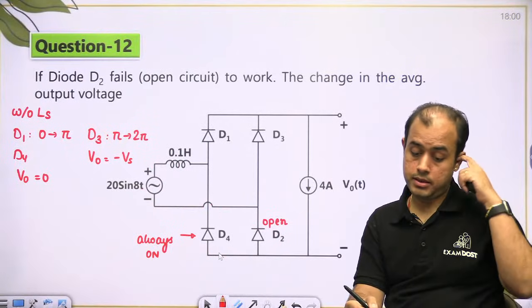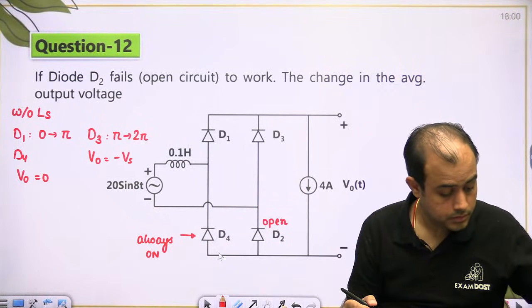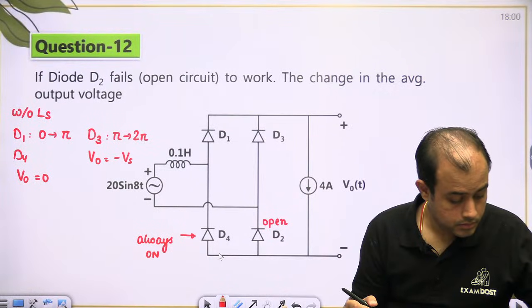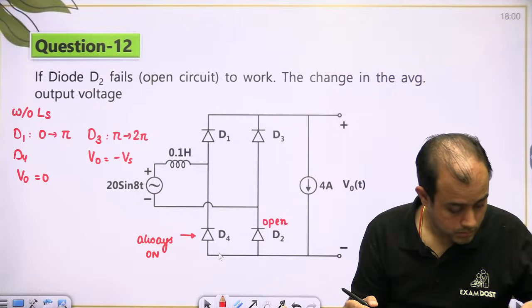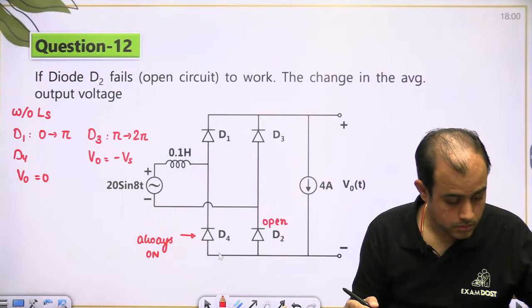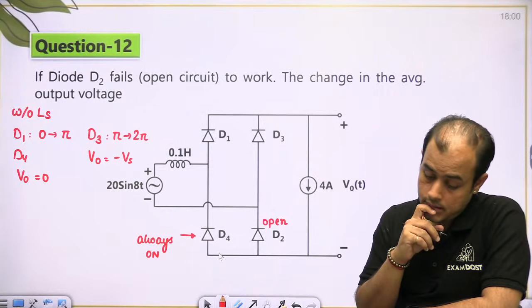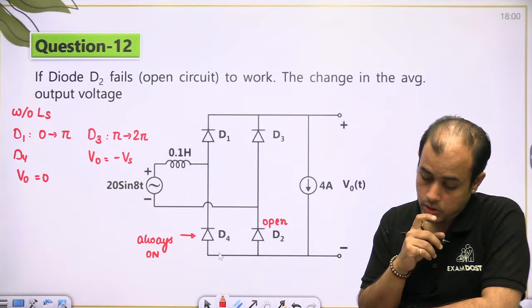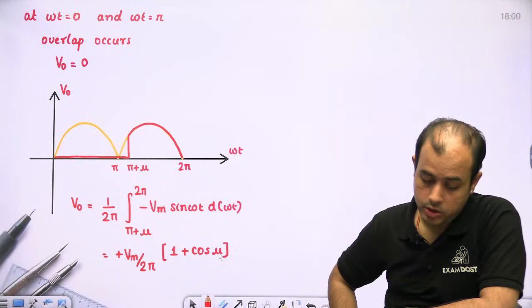This is average output. Now, this is the, but I do not know what is V0. यहाँ पे म्यू नहीं मालूम।